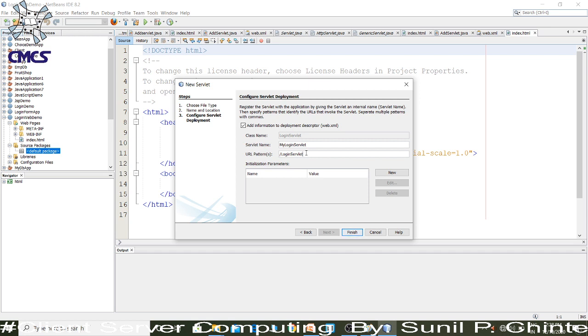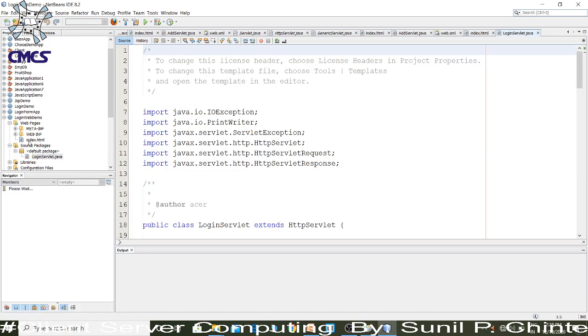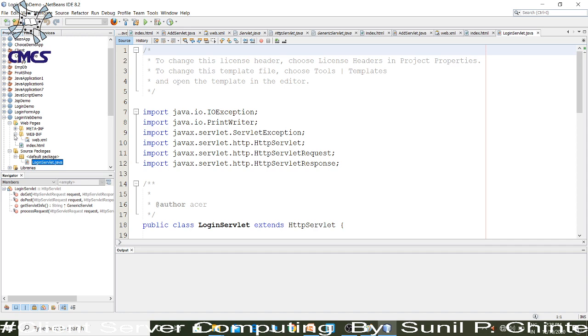I will explain in the web.xml file. So I will use the name as login, then finish. It will create the deployment descriptor file in the web.inf folder.